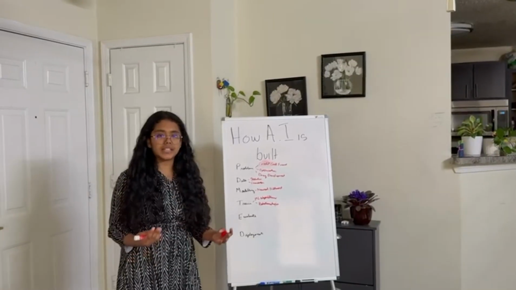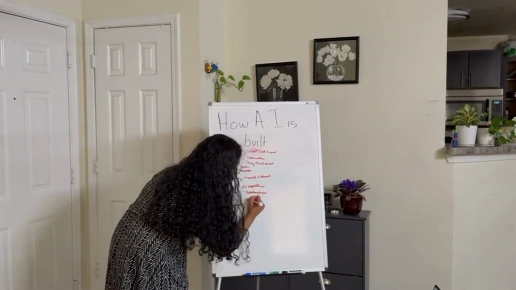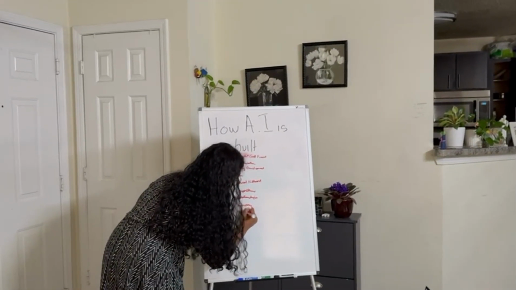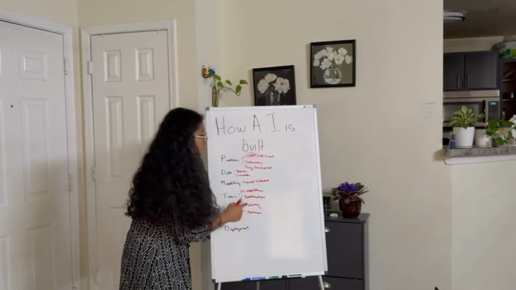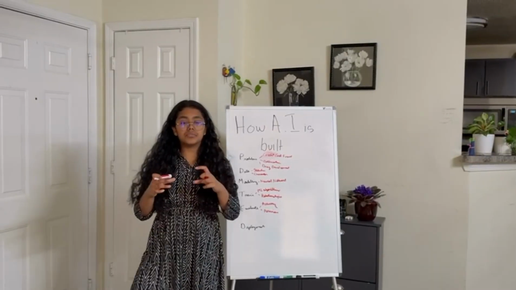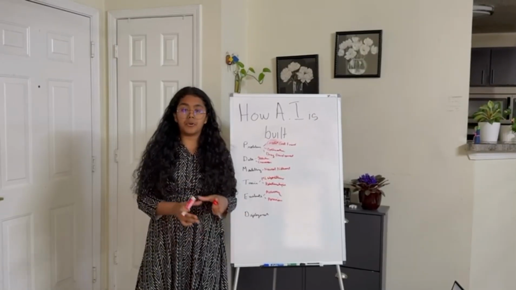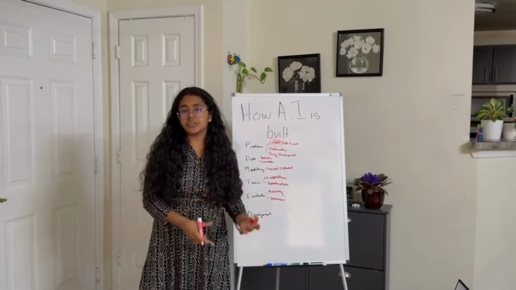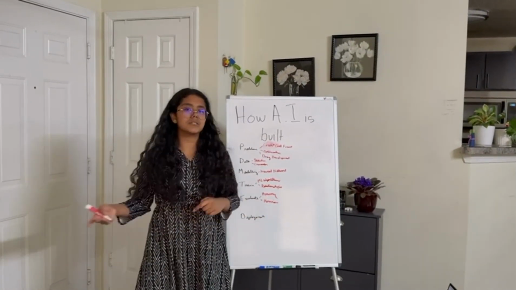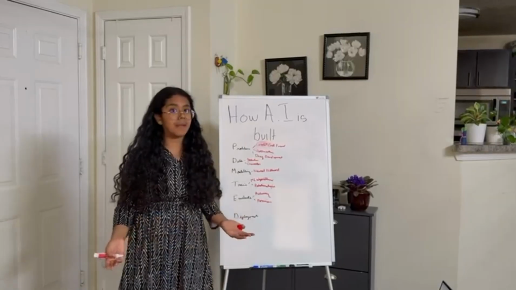After training, we have evaluation. So once we've trained the AI into how we want it to be, we have to check if it's right. So people normally evaluate it based on accuracy and precision. So accuracy simply means how close it is to the right answer, while precision basically means how close the results are. For example, if the AI gives us results as 4.9, 4.99, 4.91, or 5.01, we would say that it's pretty precise. But maybe the answer was actually 10. So it's not really accurate, but it is precise. And we use this as well as other defined metrics to evaluate the AI model.